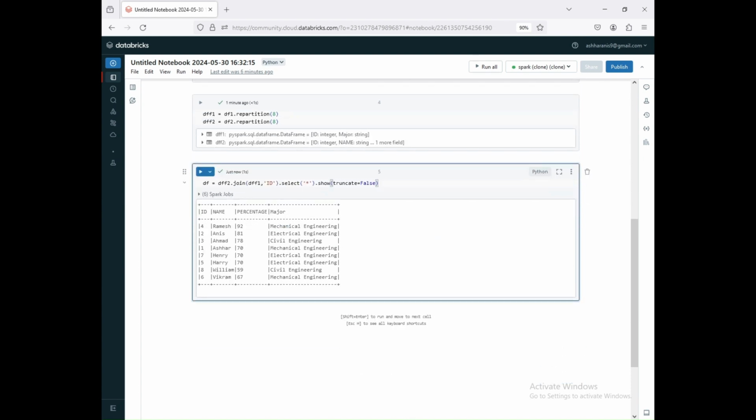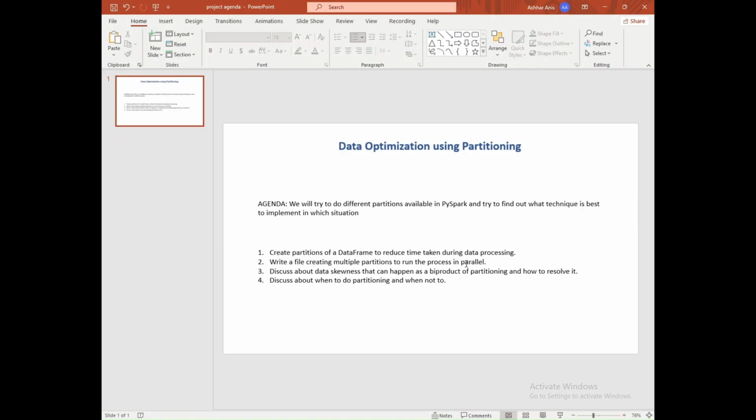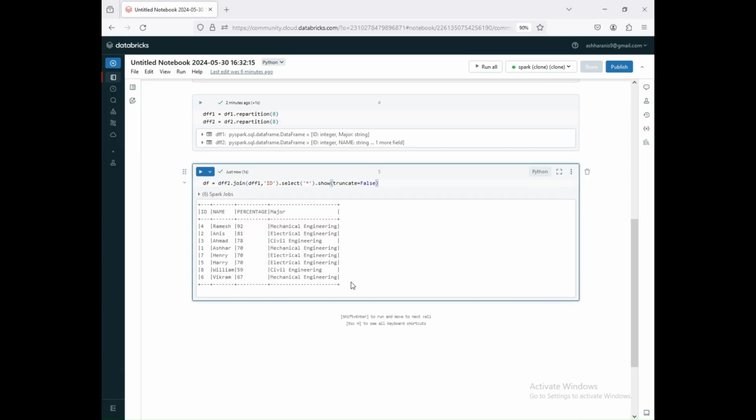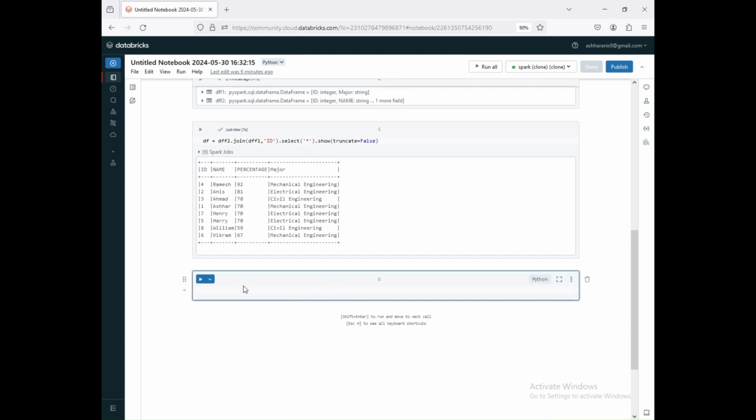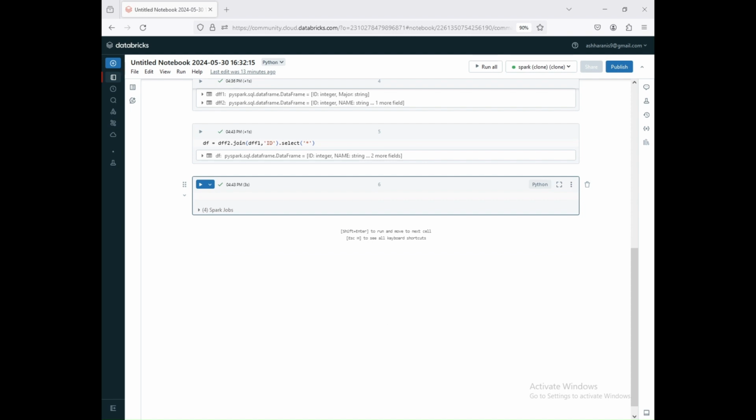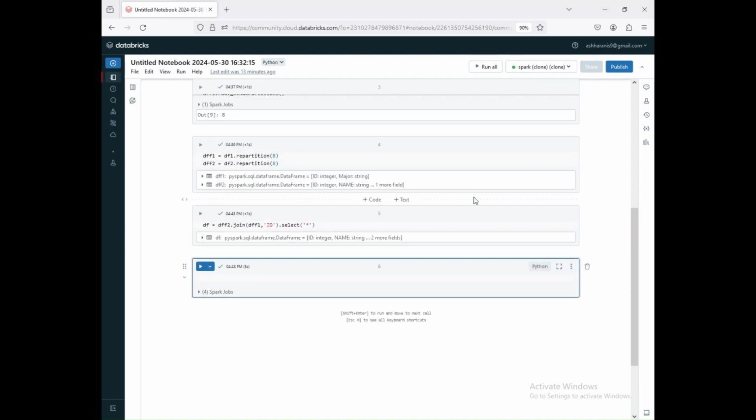Now with that, this part we've already covered. Now I'll just go ahead and try writing it to a file, and I'll try to do partitions there. I'm just going to write this data frame to a file. So let me start with that. dff. I'm just going to write the initial file only, not the new part that we have created. Write dot